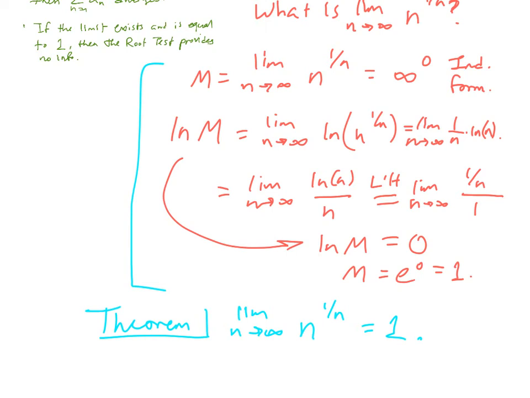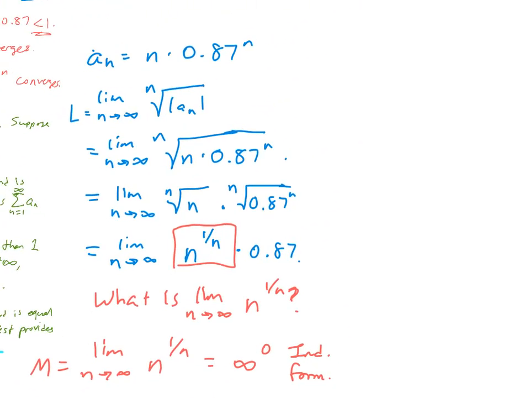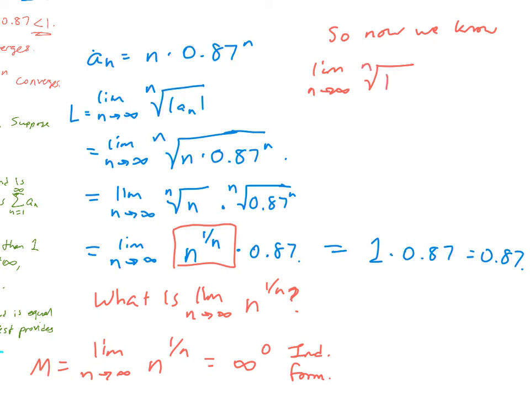So now I go back to where I was doing the root test earlier. Remember, that's where all this came from. And now I know, based on this theorem, that that limit is 1 times 0.87, and that limit is therefore 0.87. So now we know that the limit as n goes to infinity of the nth root of the absolute value of a sub n is 0.87, which again, important part, is less than 1. Therefore,